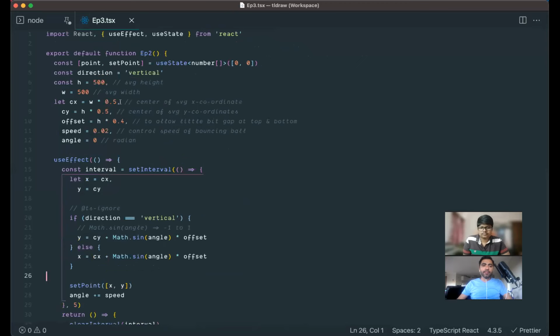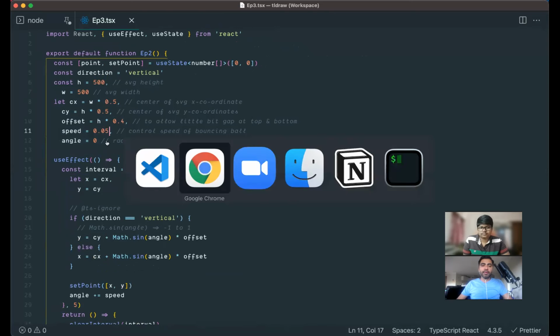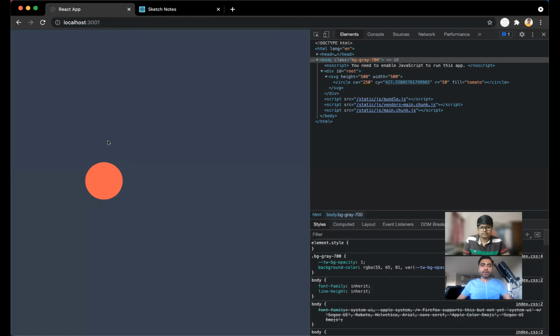So here the same direction I've given vertical just a constant. I won't discuss the initialization values. Same thing. If you give like 5, as I said, if you increase this number, it will be very fast. Because of the rendering, it sometimes becomes stuck, but it is a bit faster.